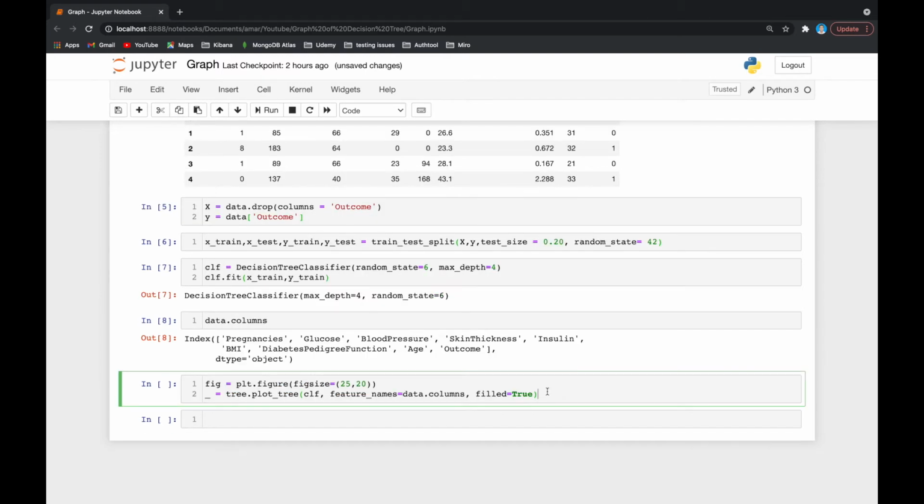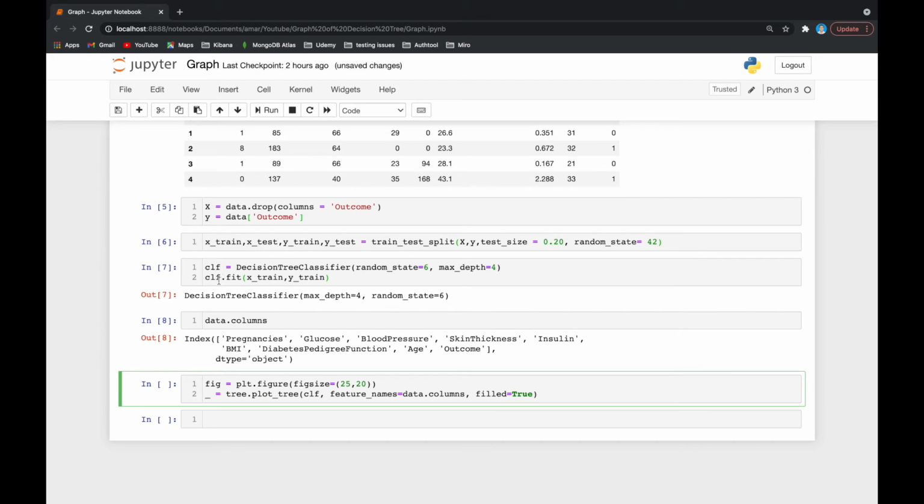So in order to visualize our decision tree algorithm, we have used matplotlib, and this contains a method called figure. Okay. So we are setting the size of the image as 25 by 20. From sklearn we have imported tree. In that we have a method plot tree.